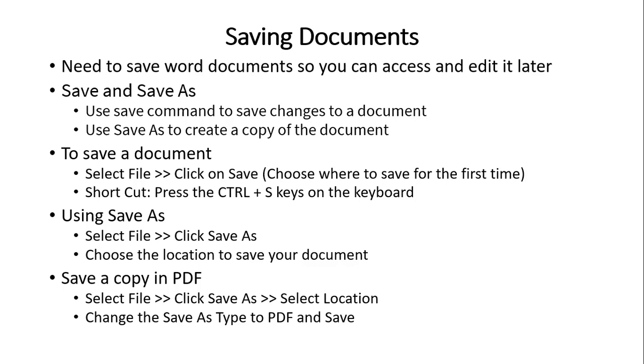With Word, you can actually save your document in what? As PDF. So like we have been doing with our CVs and our memos. You can type in Word, save it as Word, and then when you want to send it via email, you save as what? PDF, and then you can send it as email. So these are the various ways that we have of saving our documents.